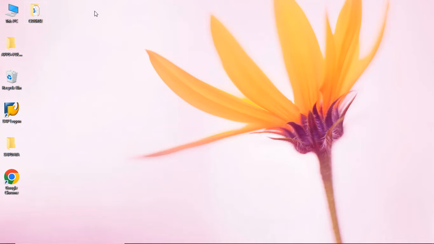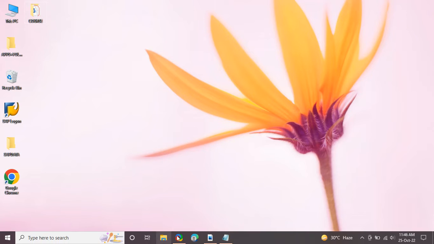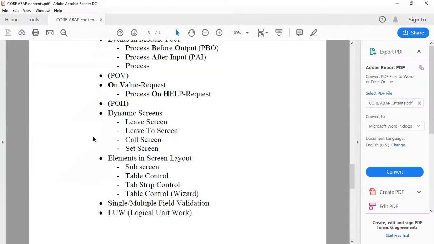Hi everyone, from today onwards we are starting SAP Core ABAP. So in this course we'll learn about